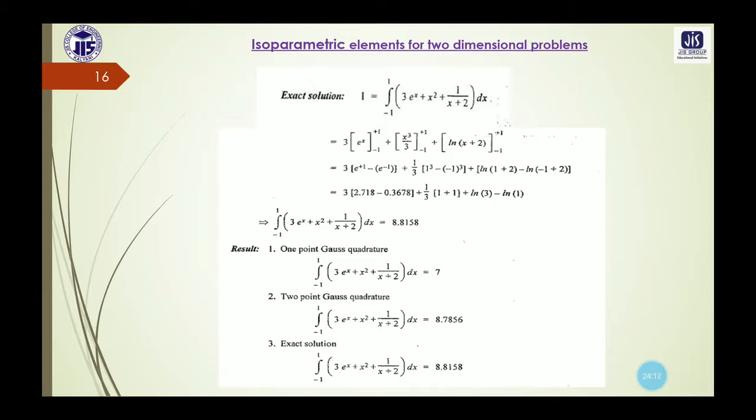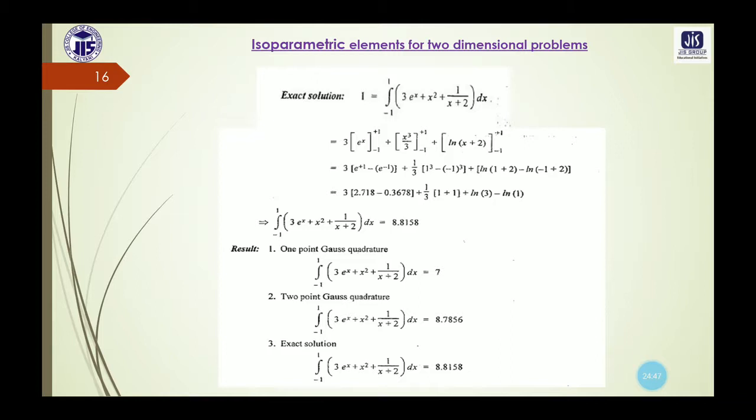So what we have done here in this given numerical, one integral was given, and for that we had to compute the result using the 1-point and 2-point Gaussian quadrature, and compare with the exact solution. In case of the 1-point Gaussian quadrature, the required values that we need to use were x1 and w1, and the values of x1 and w1 we have referred from the table regarding the Gaussian quadrature.